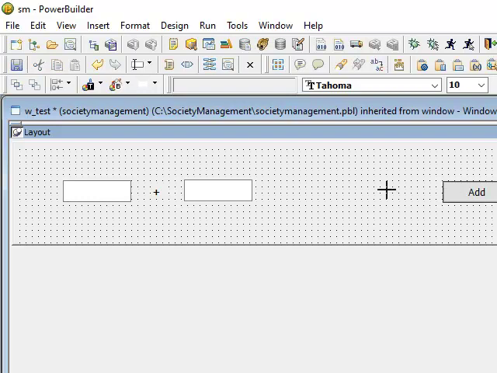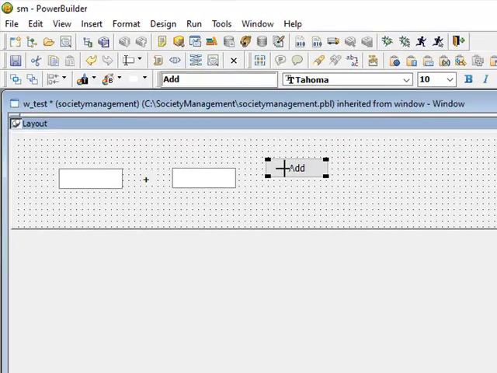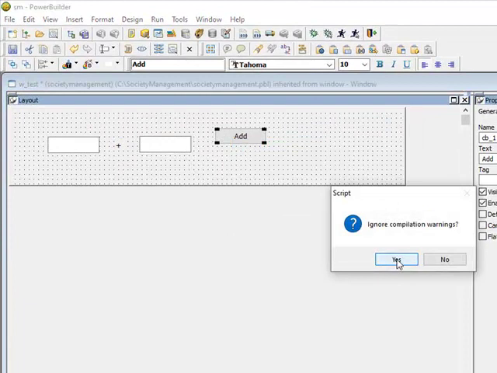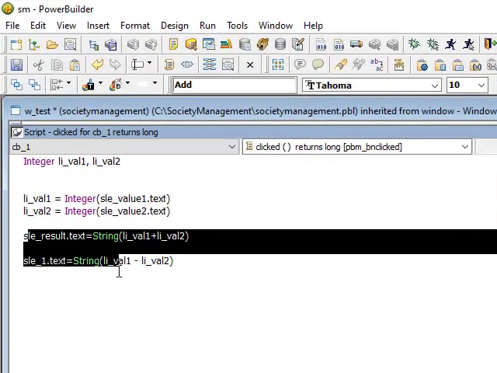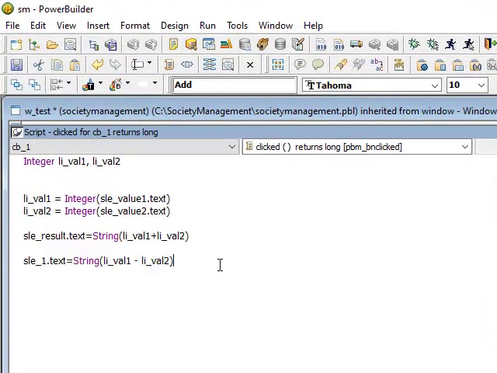On addition, see, it is giving a compilation warning because you have removed these two things. So if you click on the addition button, you can call MessageBox. Don't worry, you will learn each and everything.